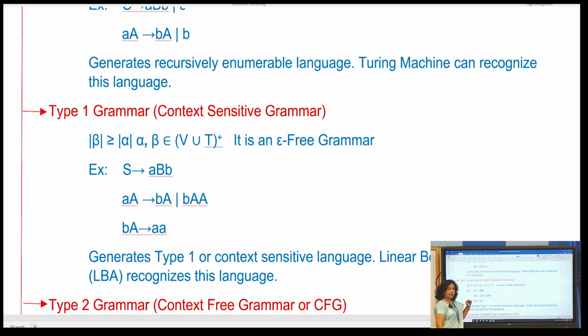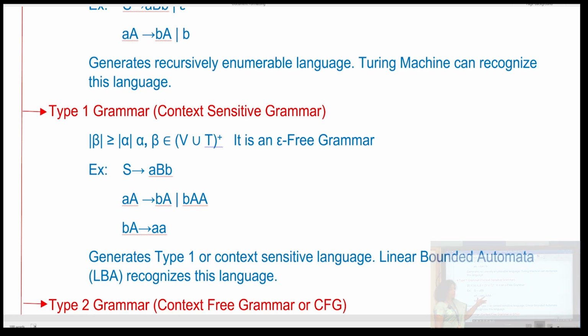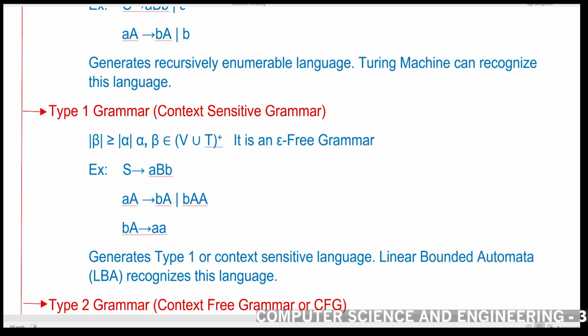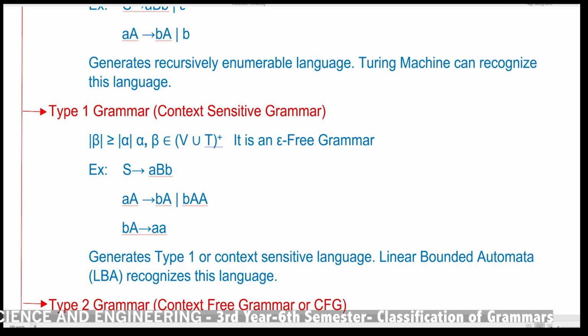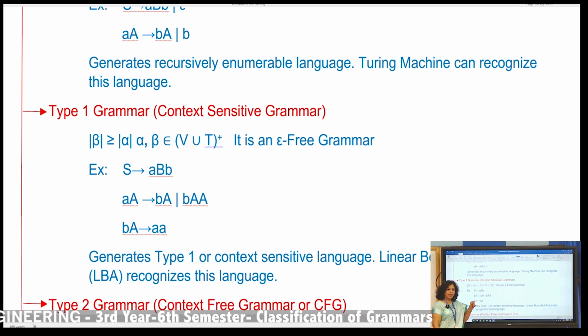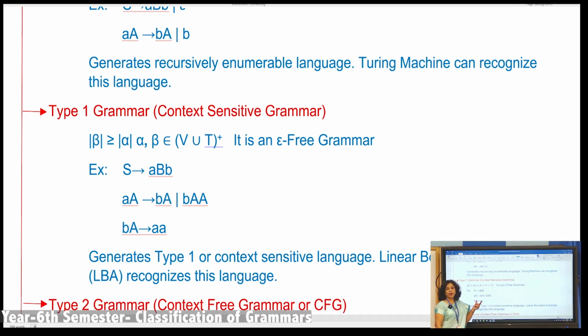S is the start symbol. In the left, you can have a combination of variables and terminals. Even in the right, you will have a combination of variables and terminals. But this grammar will not have epsilon in the RHS. That is, in the right side, you will not have epsilon. And we all know that epsilon does not produce anything. So in any type of grammar, we cannot keep epsilon in the LHS because epsilon cannot produce